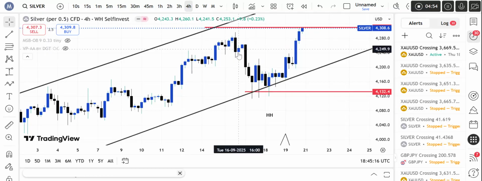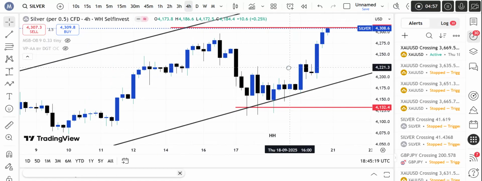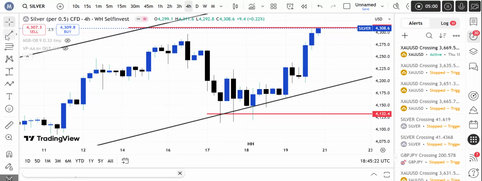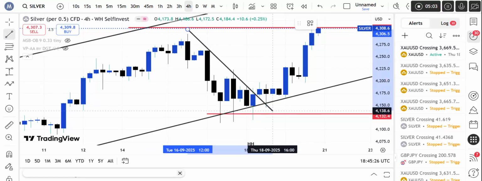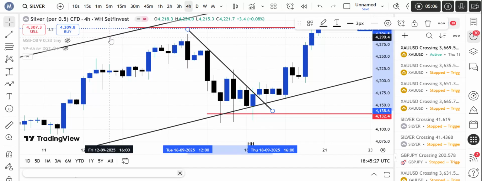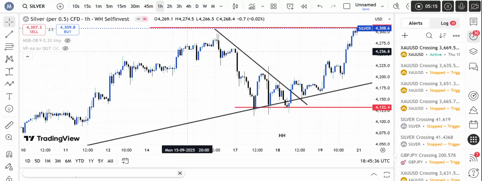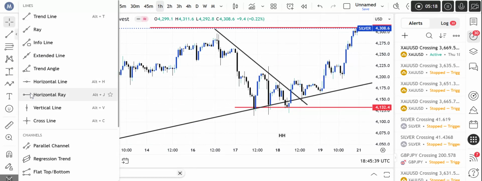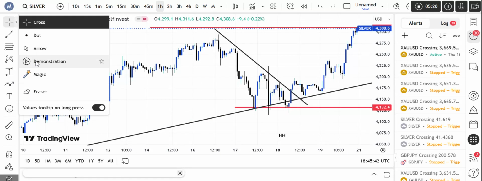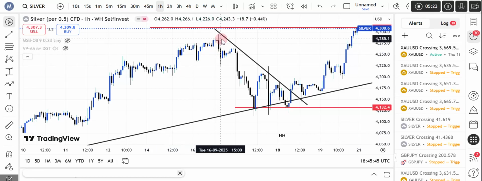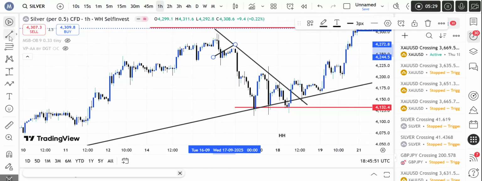Coming to the 4 hour. On my 4 hour, these are the correctional movements you can see there all the way down. I'm going to remove this here. Whenever there is, you're going to see it properly on the 1 hour, usually there will be a stack of candles coming up here, a consolidation of a stack of candles. I'm going to mark it out here, and here. So this is when Silver was going correctional.